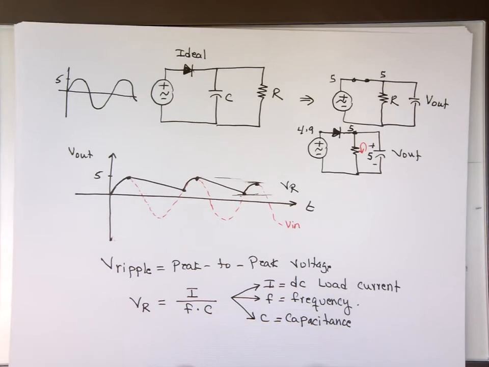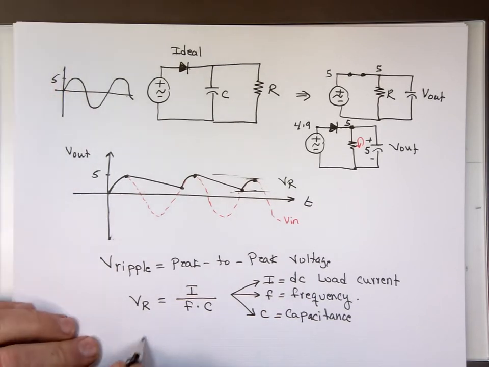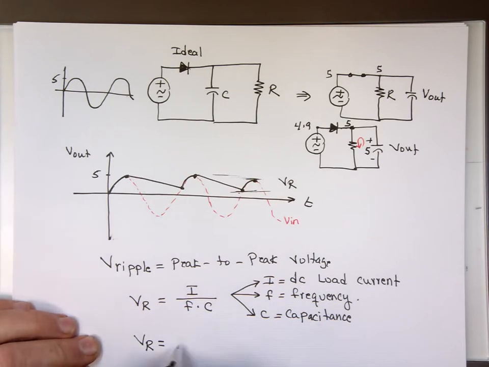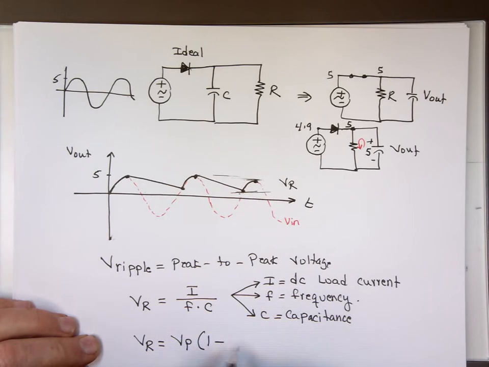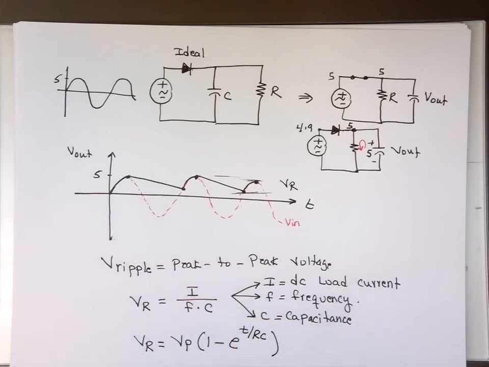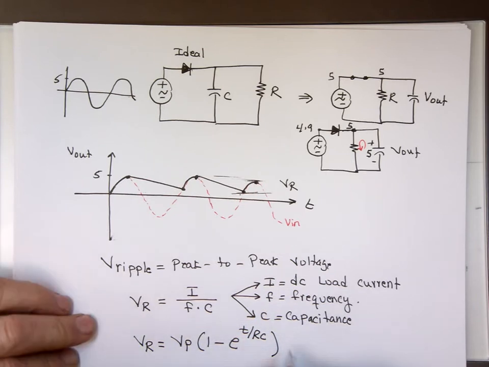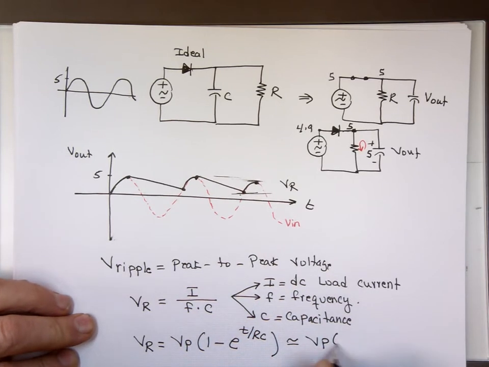If you look in some upper level engineering books, that equation might look a little bit different. It might look something like this. It's V peak times 1 minus e to the power of t divided by RC. And t is really, a lot of times we approximate that. We go approximately V_P times (1 minus e to the power of